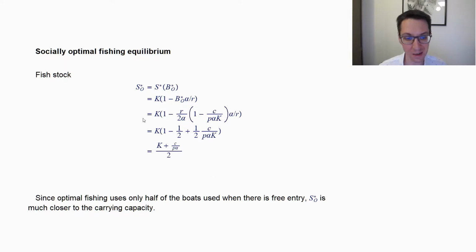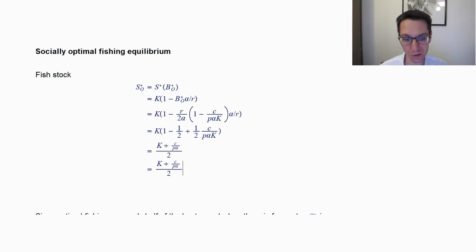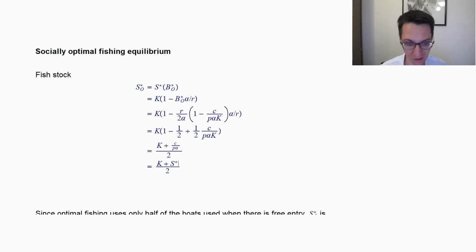Now at least it looks like the equilibrium stock is going to be determined at least in part by K, the carrying capacity. And so we can even substitute what we had before, C divided by P alpha, which was the S star F, so the stock of fish in the